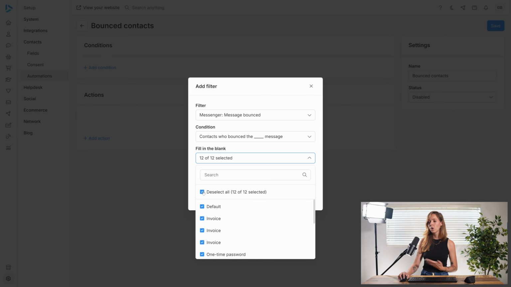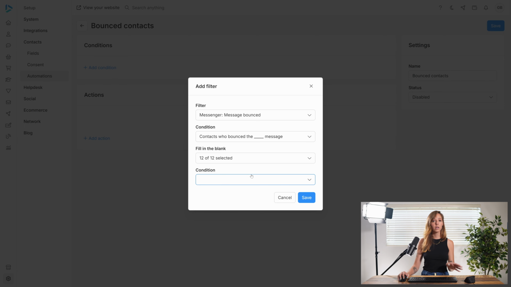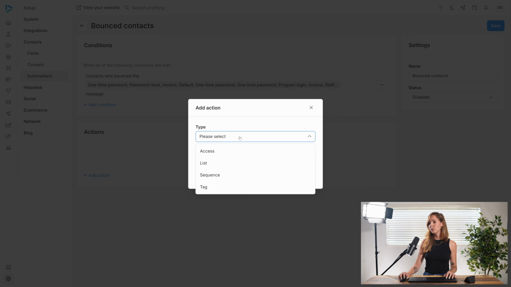So I'm going to select all of those, and then I could come here to my conditions and say either before or after a certain date. I'm going to leave that alone. I'm just going to make sure that any messages that ever bounce within the system to any of my contacts, that those contacts are being tagged with a bounced contact tag. So then I'm going to hit save, and then I'm going to add my action,